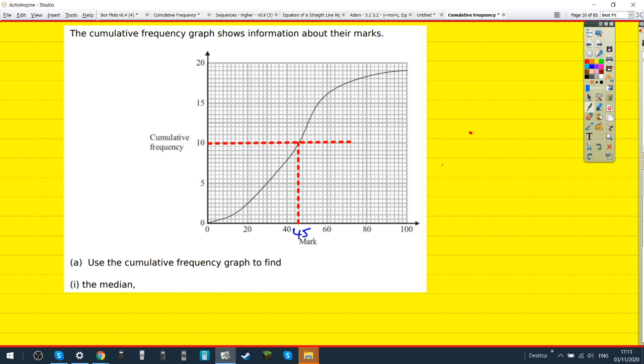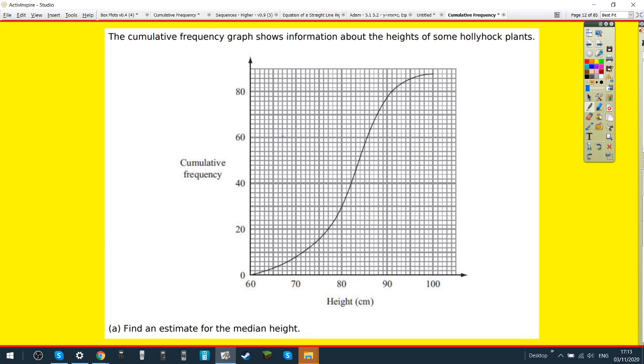Because the top mark was 20. It wasn't quite. The axis went up to 20. The top mark here was actually 19. The y is going up in 2's. The x is going up in 2's as well. It's because 19 plus 1 over 2 gives you the 10th person. So just watch out for that. Although the paper goes up to 20,